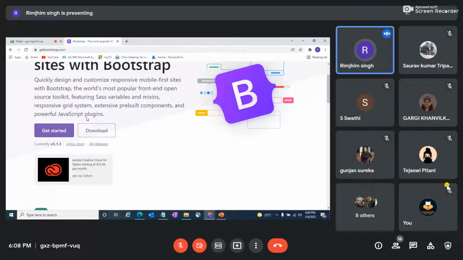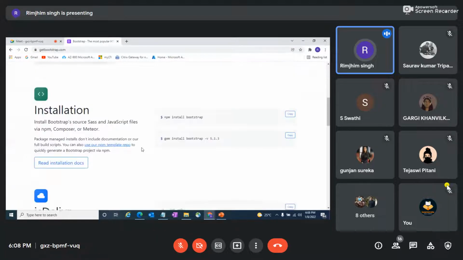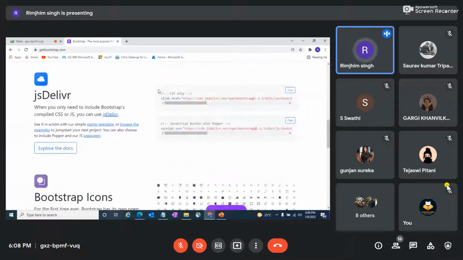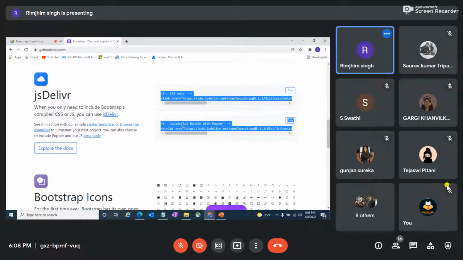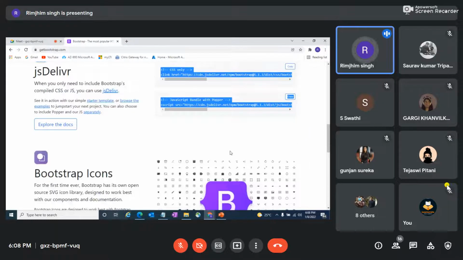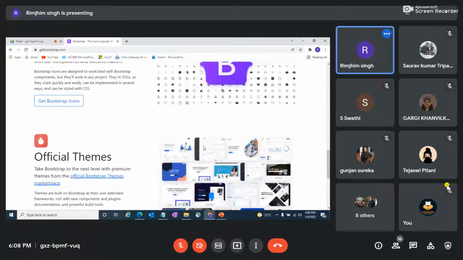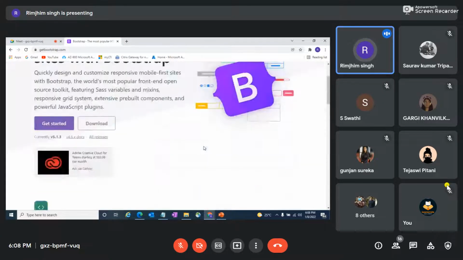You can download Bootstrap from here, or you can use the CDNs which are present. Instead of downloading it, we'll be using the CDNs, which are simpler to use. This CDN is for CSS, and this one is for the JavaScript bundle with Popper. As I told you, we'll include both, though it doesn't make any difference; any one actually works. So this is the official page of Bootstrap.